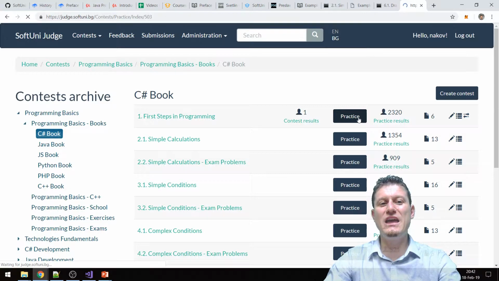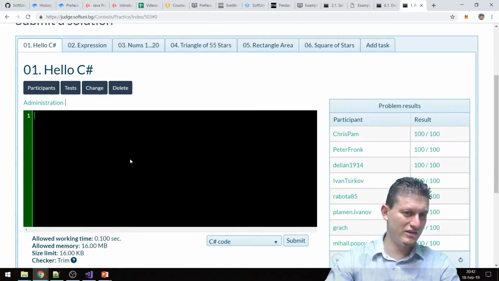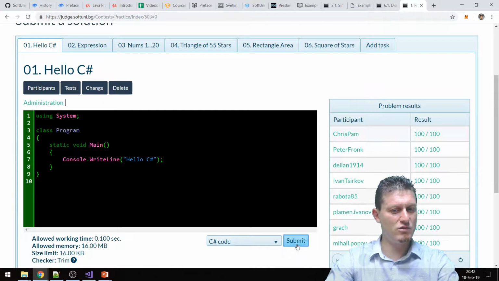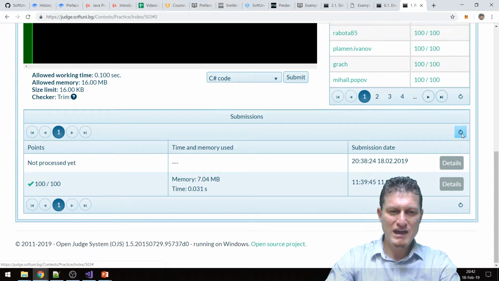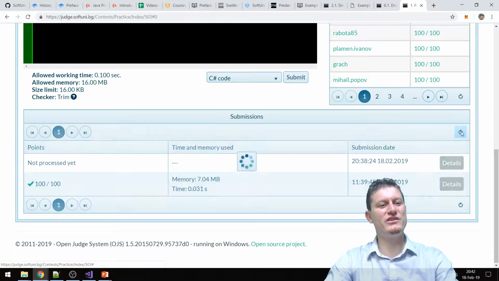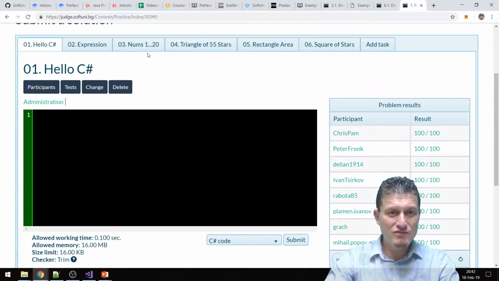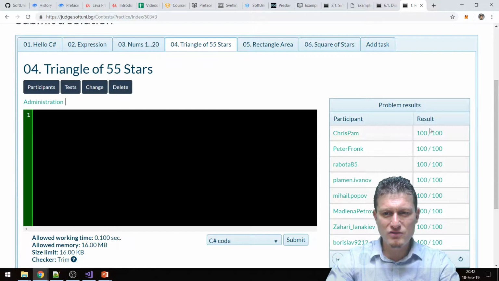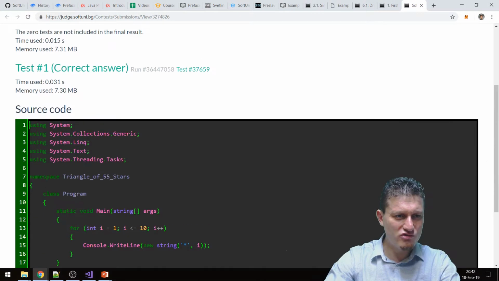So when we enter here, we can go to a certain problem and submit our code, our solution. It will take some time, and this will tell whether the solution is correct or not. It takes usually 5-10 seconds. And for example, I will take some other solution just to demonstrate.